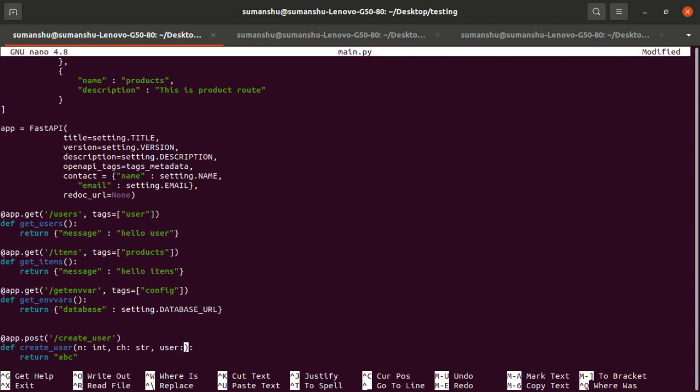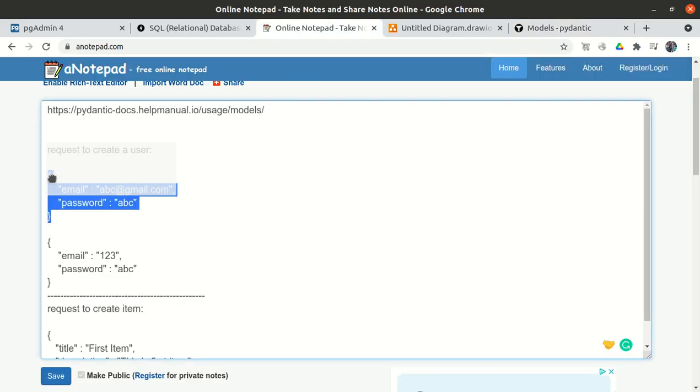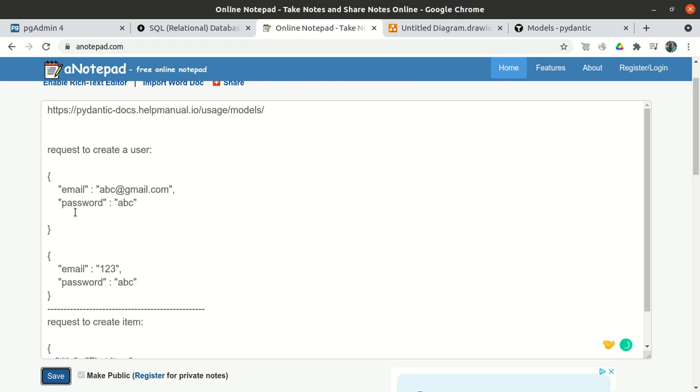But what could the type be, because this contains a lot of fields? It could be an email type, a string type, and there could be many fields. Let's suppose there could be a date field as well, which should be of the date type, and there could be an integer field.